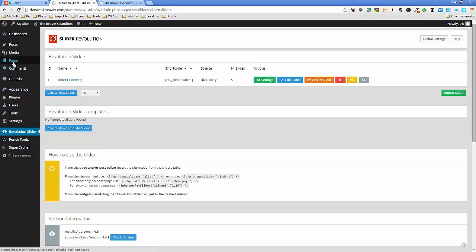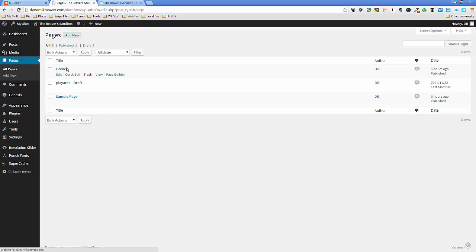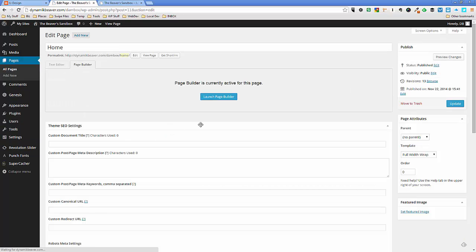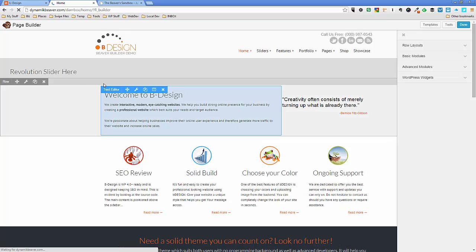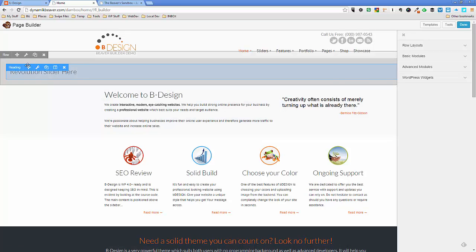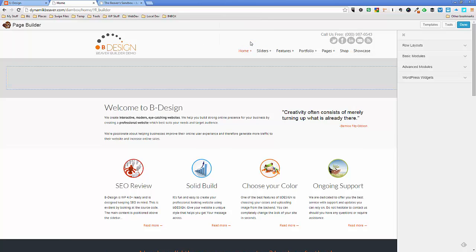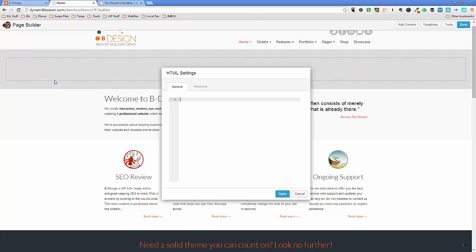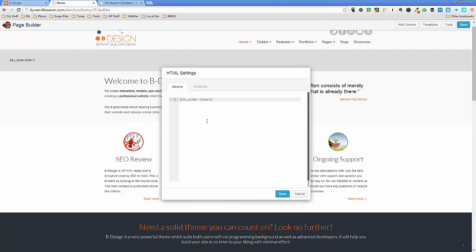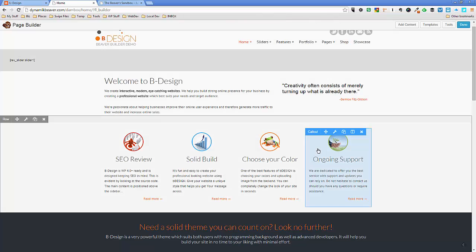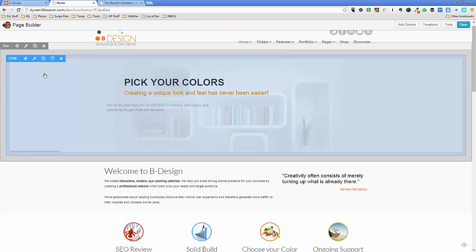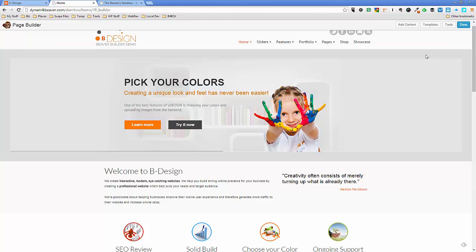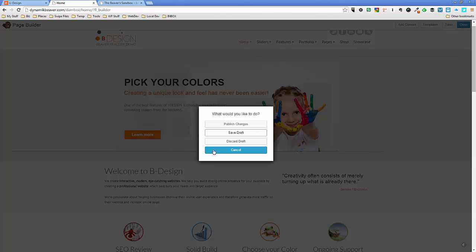All right, and then we're going to go back to our pages again. So I've got all pages, home, and page builder. Now remember, I added that header section up here just to hold it. So what I'm going to do now is delete that. And now I'm just going to add in an HTML area, which is in the advanced modules. Just put that in there. Now what I can do is just paste my rev slider in there, save. Okay, and there's my slider, but I think I might have to do something to the slider to make it stretch all the way across the page, but maybe it's done. Let's have a quick look, publish changes,